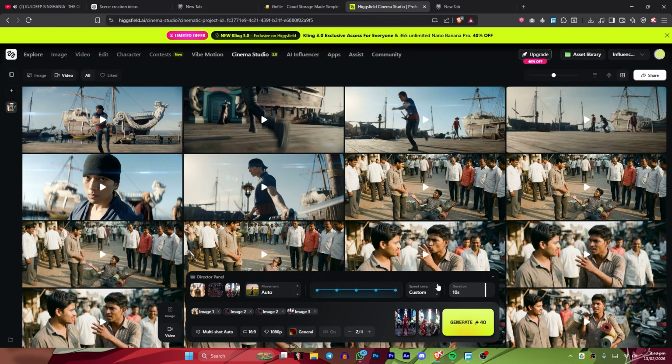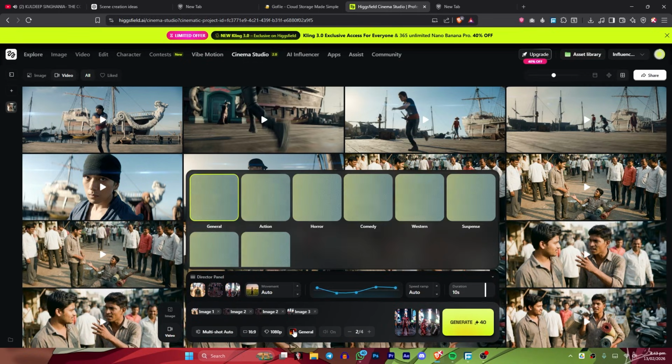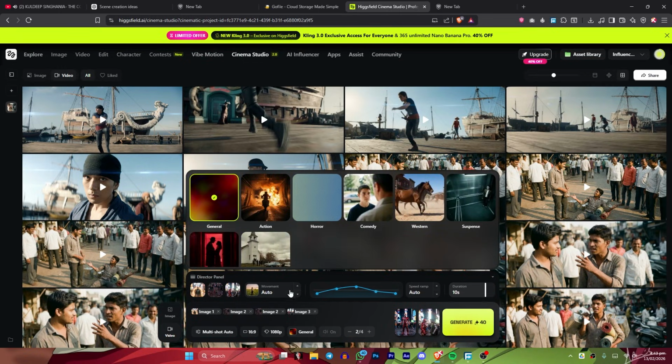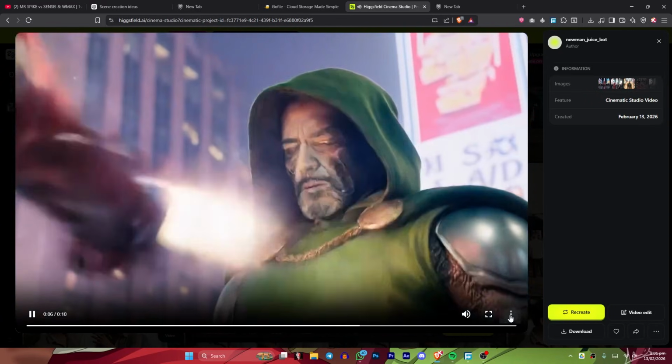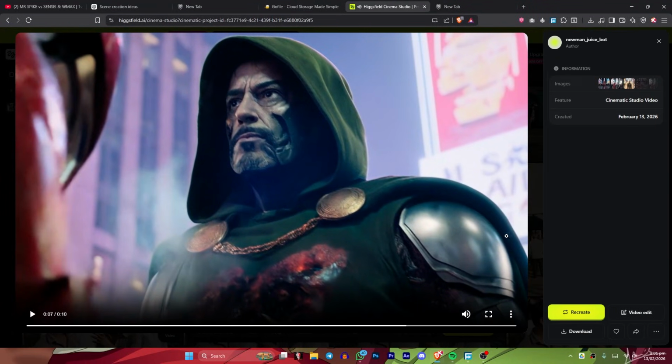Okay, so I have uploaded all the images and the start frame, end frame. So now I will click generate to create the cinematic AI video. Higgsfield will now animate the image and generate cinematic camera motion. This converts the static image into a cinematic AI video. And these are the results we have. From image generation to camera control and video animation, everything can be done directly inside the platform.